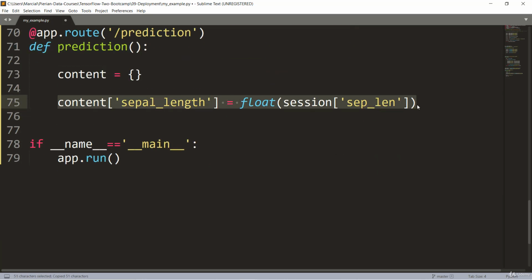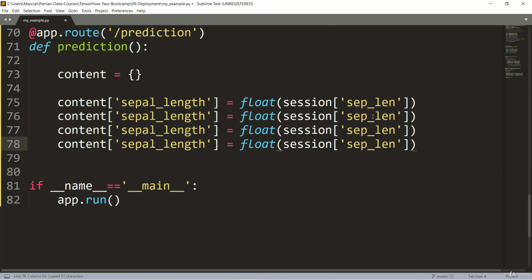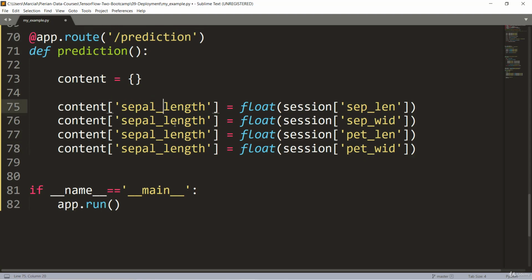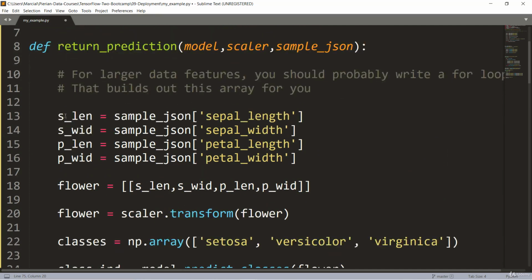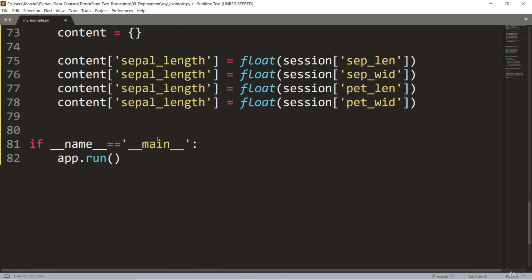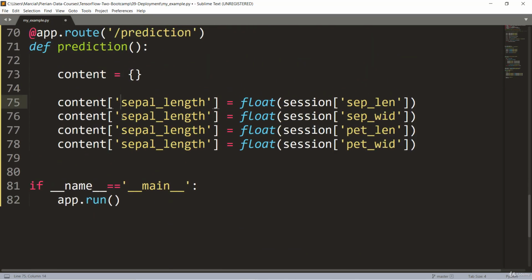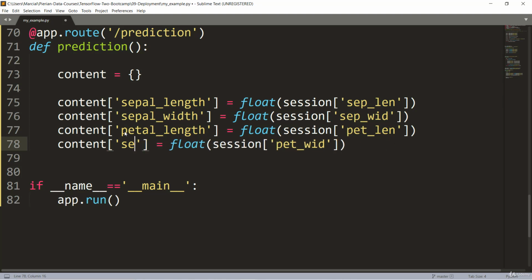We'll go ahead and copy this, paste that in, and then we do that not just for sepal length, but also for sepal width, and not just for sepals, but also the petals as well. So I'm changing all these to match up the session data before. And then these key names need to match up with what, if we scroll up here, this sample JSON expects from the return_prediction function. So these are all being connected here. And I would encourage you to pause if needed. I know there's a lot going on here, but a lot of it's just repeated code. Okay, and then we'll say petal, and then this last one should be petal width. So close this off,